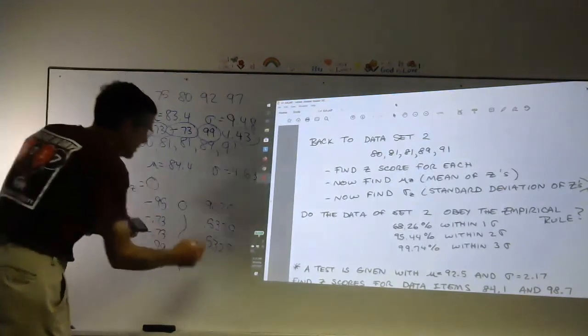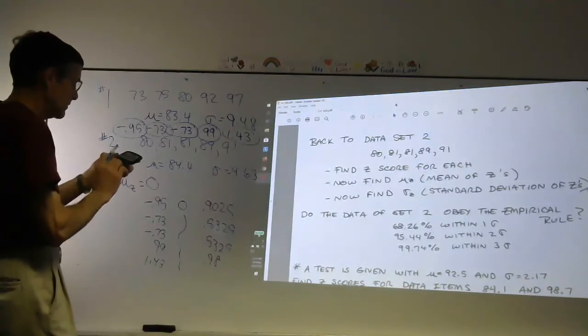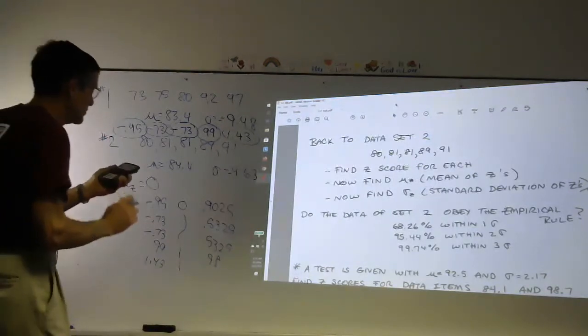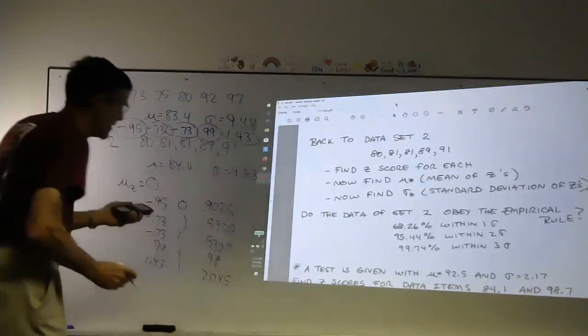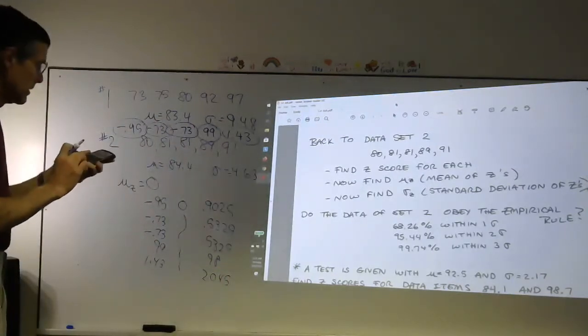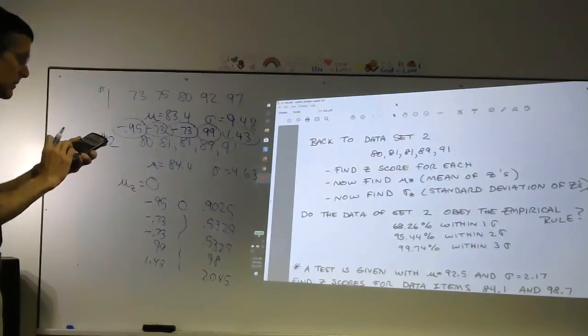Should be close to 1.98, and 1.43 squared is 2.045. Let's add them all up, plus 0.98 plus 0.5329 plus